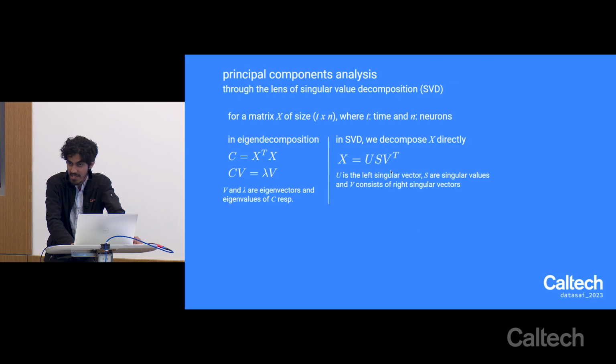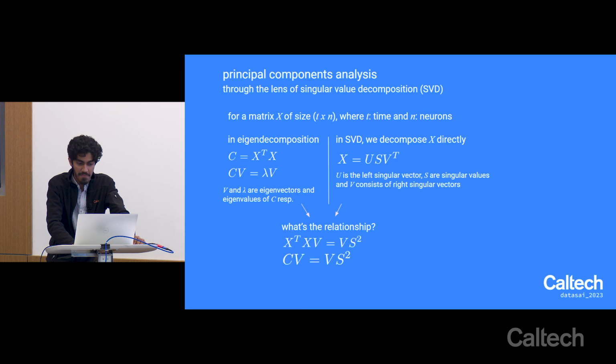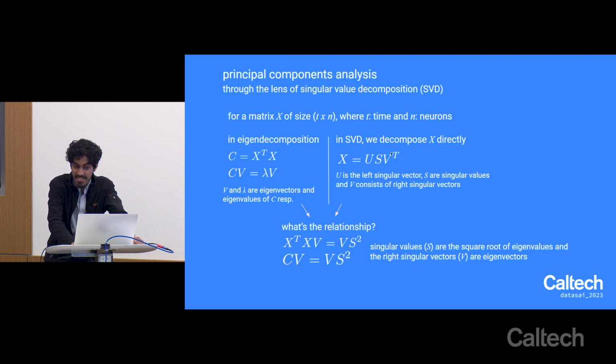Take your data matrix X and provide that as the product of 3 different matrices U, S, and V, right? These are very specific names. U is called the left singular vector, S are called singular values, and V is the right singular vector. There's a very simple derivation you can do to actually link both of these and think about what that relationship is. You can spend some time maybe in the hands-on session thinking about this. But basically, you can get back an equation that's going to be looking like this, CV equals VS squared, which is basically another way of formulating this equation. So in this formulation, singular values are the square roots of your eigenvalues, and the right singular vectors here are nothing but your eigenvectors, right?